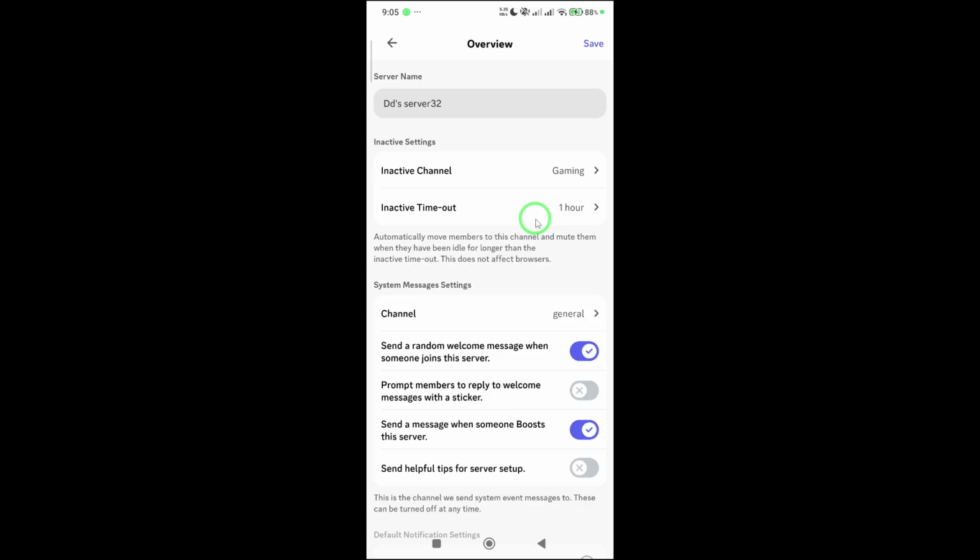That's it. You've now set up an automatic system that keeps your Discord server organized by moving inactive members after